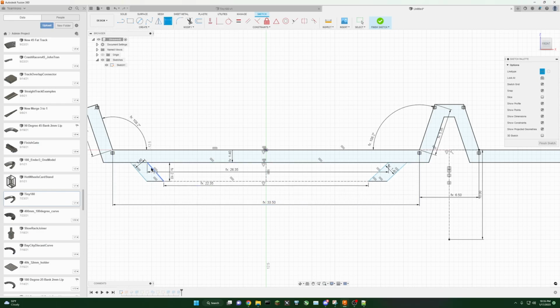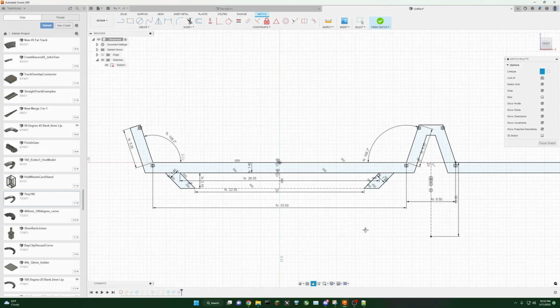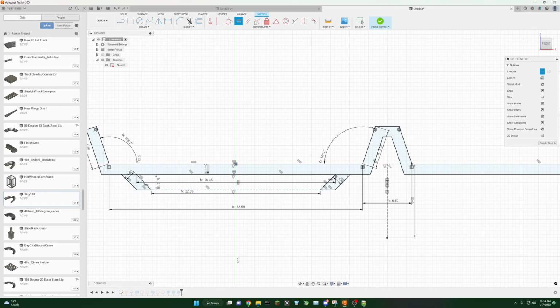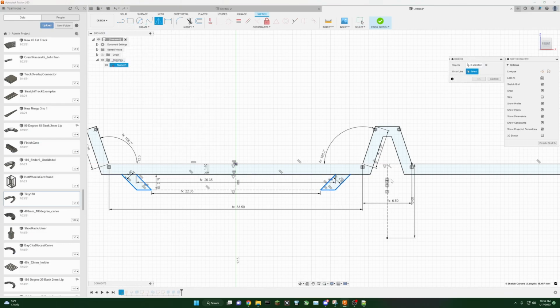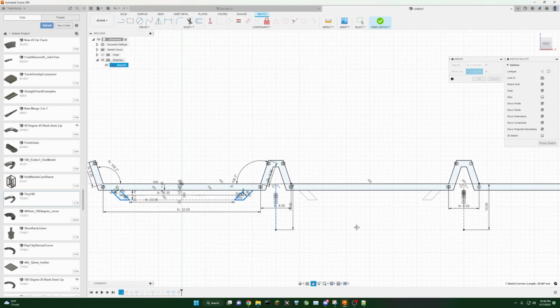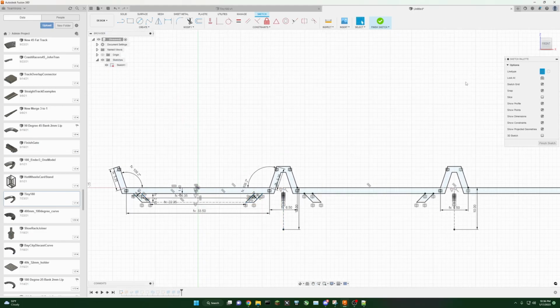And we're almost constrained, but these are actually allowed to be any length, so it can be kind of wonky. So I think if we go equal, there we go. So now this whole thing is constrained right here. That was a bit of a mess, but that's all right. So now we're going to select this, select that. I'm going to mirror those over this line. Okay. And then I'm going to select that one, this one, I'm holding control, this one,